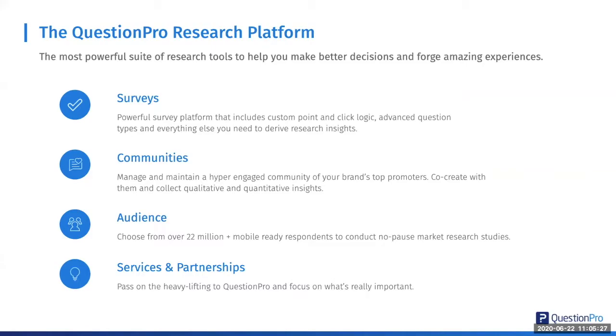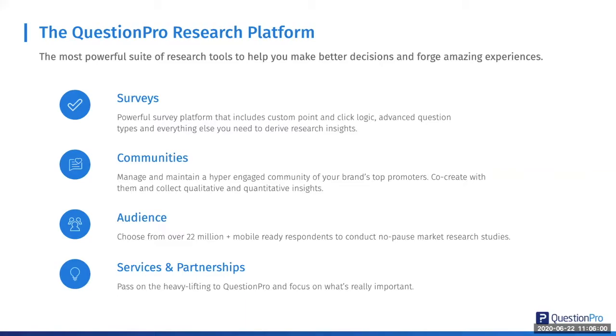So I head up the research platform, and just so everybody knows, this really includes the survey platform, more the research edition focused, which includes custom point logic, point and click logic, advanced question types like conjoint, the discrete choice conjoint, max diff, heat map, hotspot, card sorting, all of those more advanced question types that are included in the survey platform. And then also in the research platform is the communities,